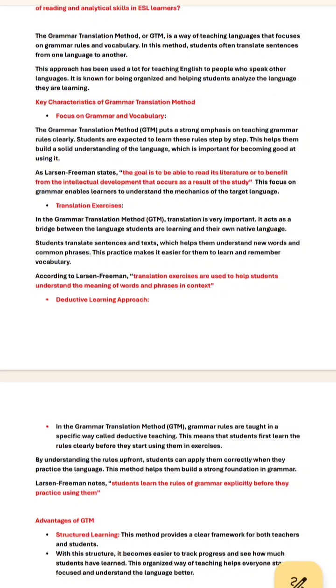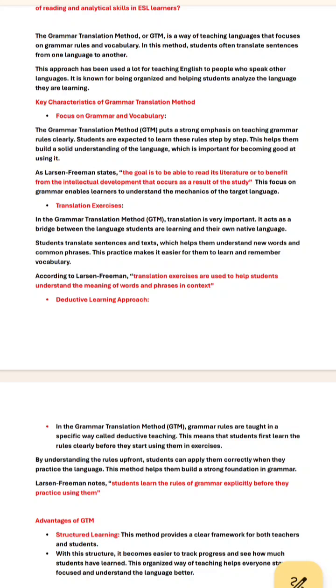The three main important characteristics of grammar translation method are: number 1, it focuses on grammar and vocabulary. It puts a strong emphasis on teaching grammar rules clearly, and students are expected to learn these rules step by step, which actually builds a strong foundation of the language, which is very important for becoming professional or for becoming